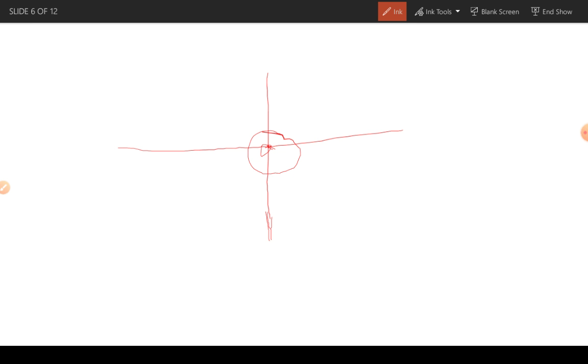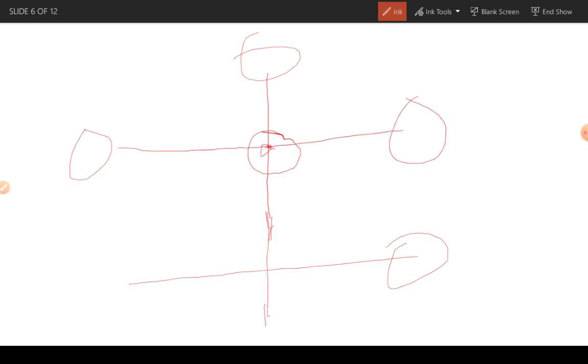I will tell you in a separate class what a Fischer projection is, and the equatorial and axial positions, which I will take later on. Just to understand: when there is only one chiral carbon, the Fischer projection will look like a plus sign. If you have two chiral carbons, then the Fischer projection will look like this. And here the functional groups will all be different at this position. Also in this carbon, the carbon atom here should be connected with four different groups.